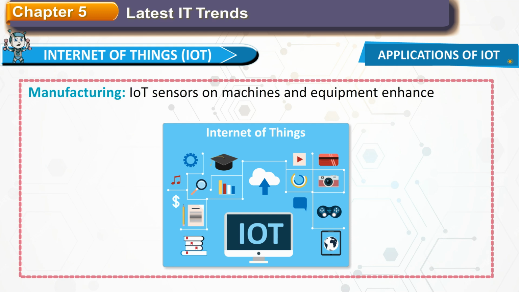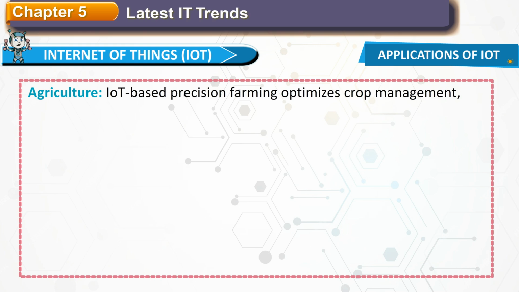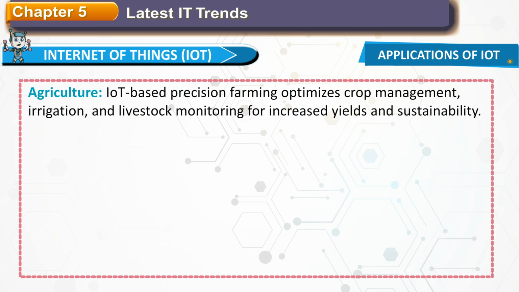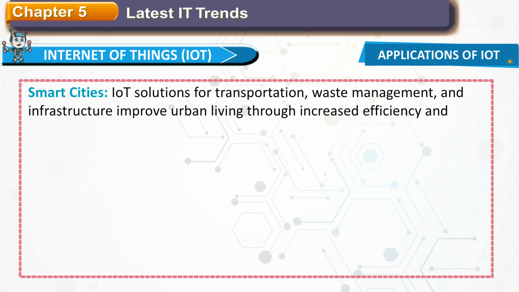Manufacturing. IoT sensors on machines and equipment enhance predictive maintenance, reducing downtime and optimizing production. Agriculture. IoT-based precision farming optimizes crop management, irrigation, and livestock monitoring for increased yields and sustainability. Smart cities. IoT solutions for transportation, waste management, and infrastructure improve urban living through increased efficiency and reduced